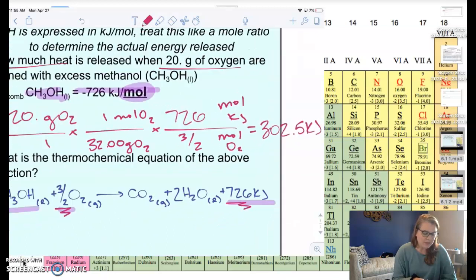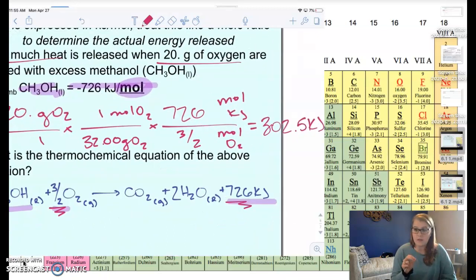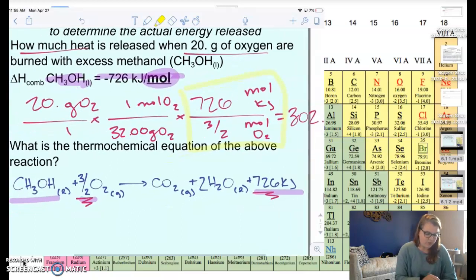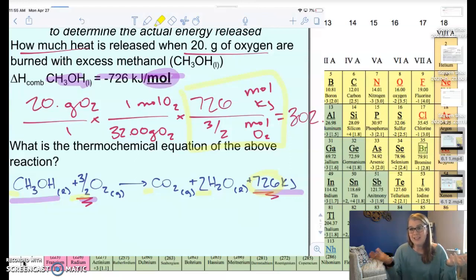So really the only new thing to keep in mind when you're doing stoichiometry with these thermochemical equations is the ratio. And you're going to do the ratio just like we've always done. Essentially, you're going to take whatever coefficients you have in front, and the amount of energy is its own coefficient. So when 3/2 of oxygen react, 726 kilojoules are formed. So the ratio will